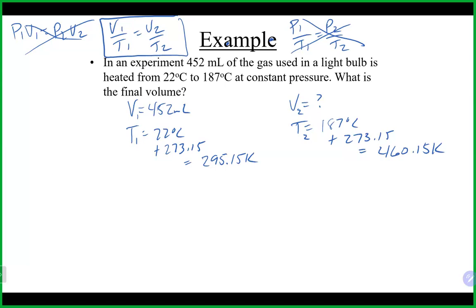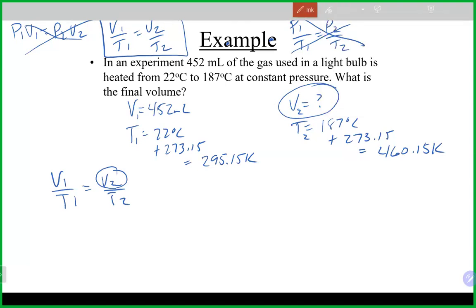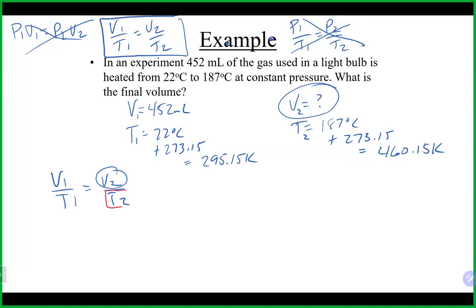So if we take our Charles' law here, V1 over T1 equals V2 over T2. Once again, we are looking for V2. As I mentioned, you could do the quick way there. We need to get rid of T2, so we move it to the opposite location. It was on the bottom, so it should end up on top. We're really just multiplying it to both sides. That will give us V1 T2 divided by T1 equals our V2.